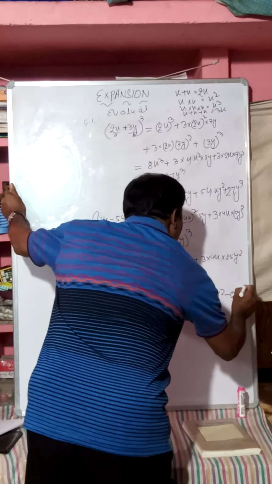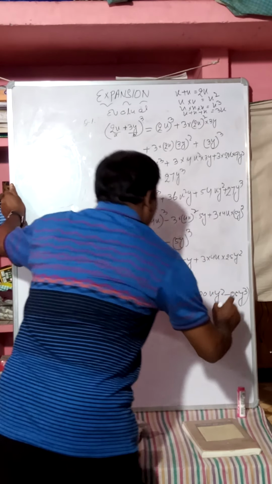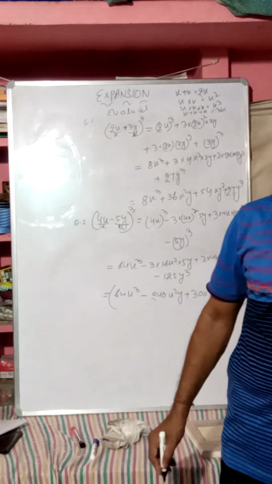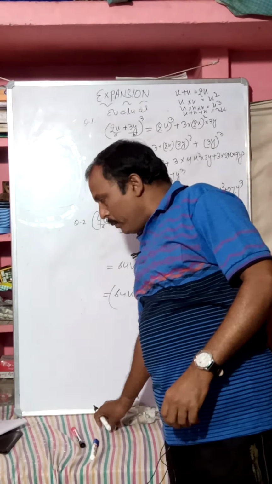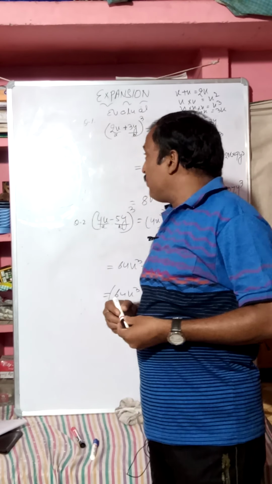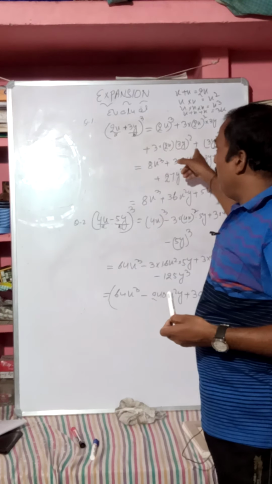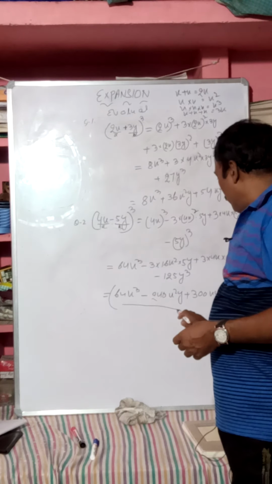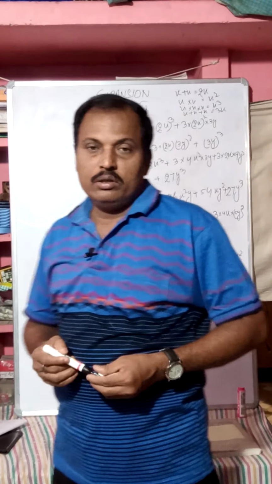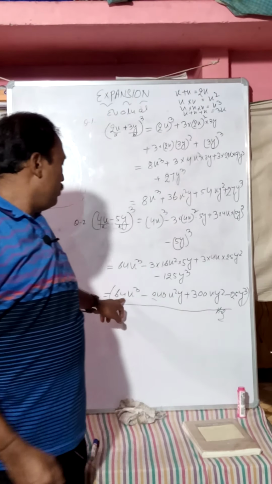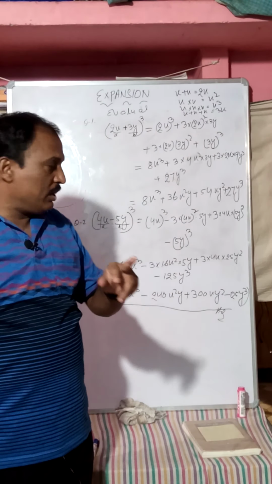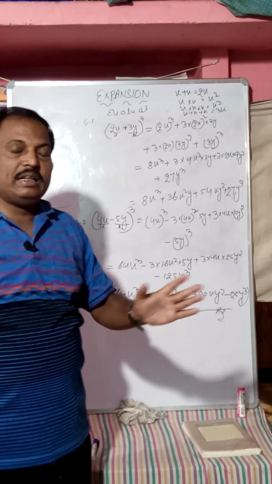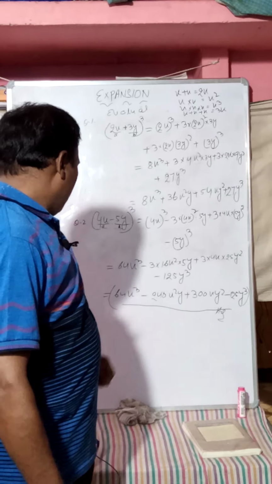This much is the answer. This is the expansion form of a plus b whole cube and a minus b whole cube. Evaluate. This is the expansion form and all terms are unlike terms. So we cannot find any two terms as like terms. So all are unlike terms, so as it is, that is the answer. And next,